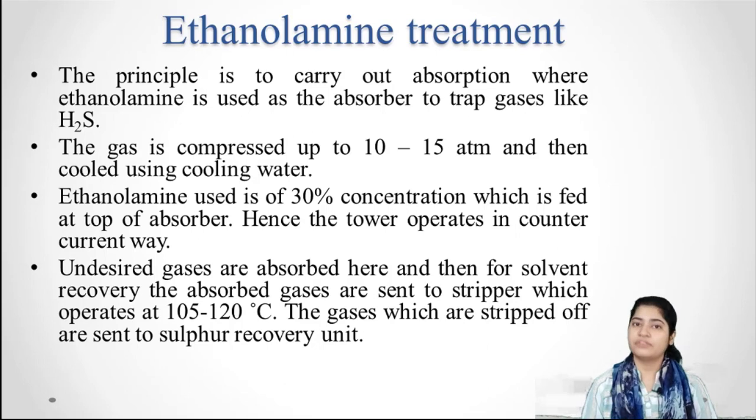Now see, you have to recover your solvent. As I told you, when we are talking about extraction and absorption processes, with your main process your recovery goes side by side. Now this solvent is sent for recovery, so it is sent to the stripper. Now recall your stripping operation's favorable condition. Reverse of absorption: low pressure and high temperature. Hence, first of all you are sending it to the flash drum where your pressure is reduced, and then you are carrying out your stripping at an operating temperature of 105 to 120 degrees Celsius. So this way these gases are stripped off and you can reuse your solvent.